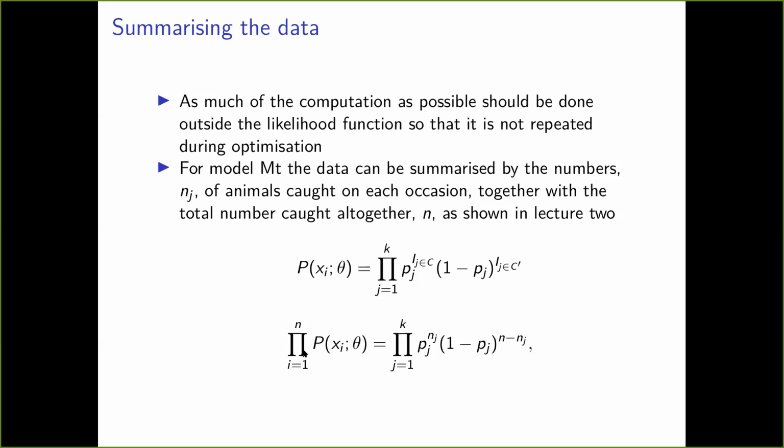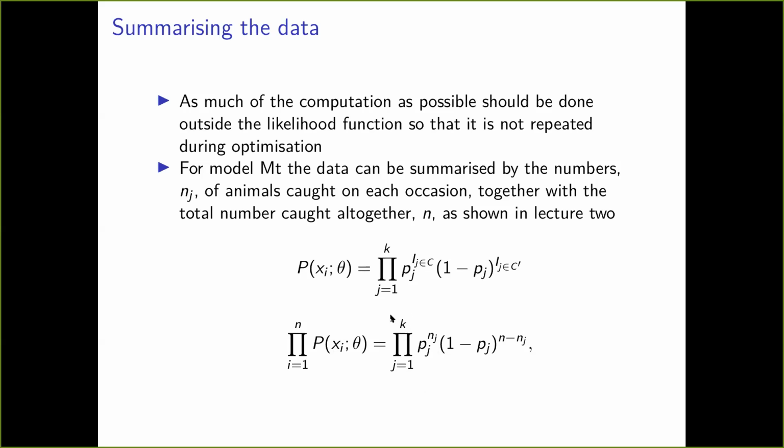When you take the product of all the capture histories, and each one just contains the capture probability for each occasion when the animal's captured, and the non-capture probability for each occasion where it's not captured, this product just simplifies to, for each